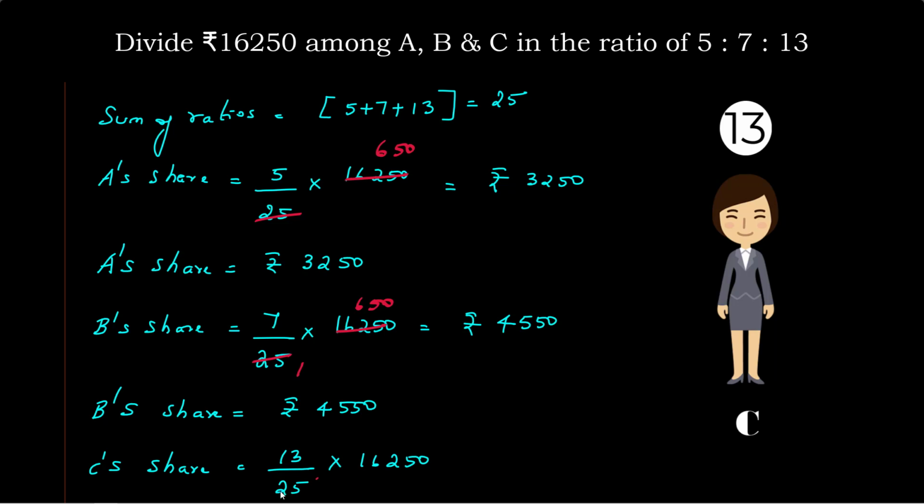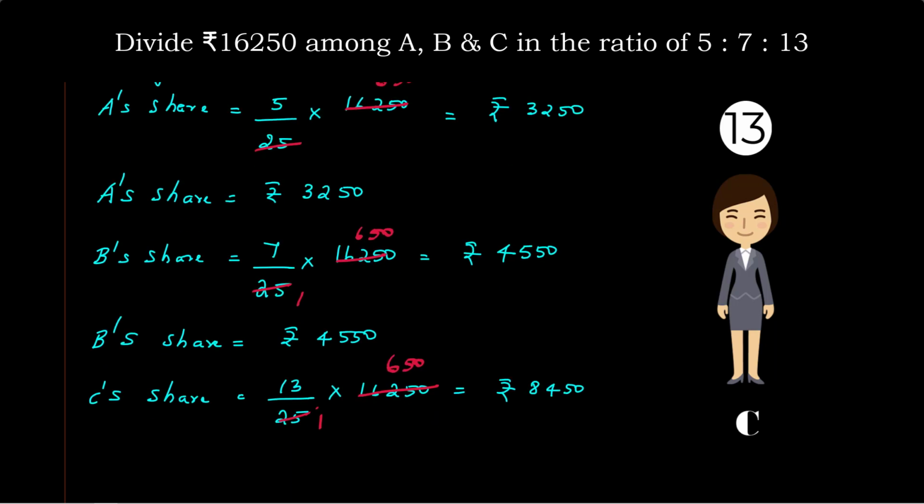The same cancellation to be followed. 650. 13 into 650 is equal to rupees 8,450. What's C's share? So C's share is equal to rupees